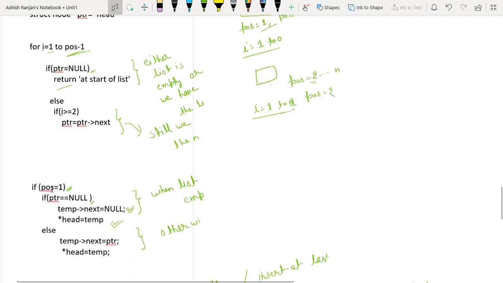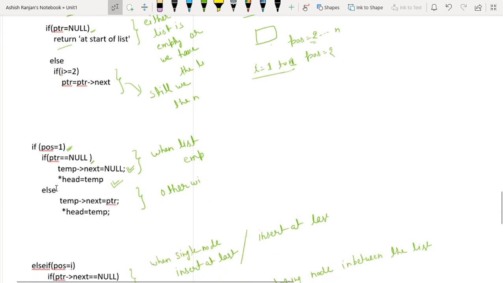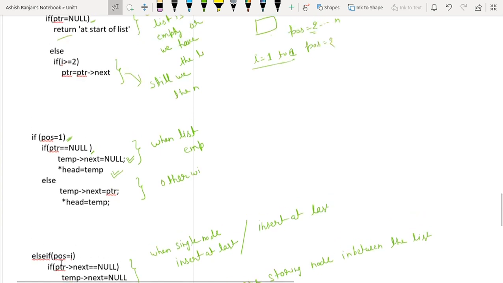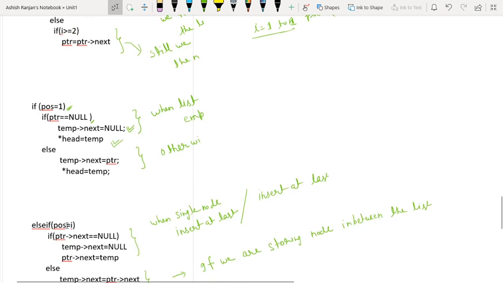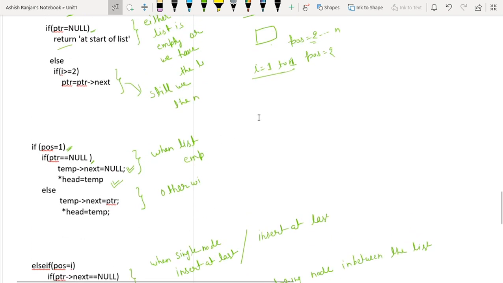So is pos equals to 1? Pos is not 1, so the condition is false, we will come out. If pos is equal to i, pos is also not i, because pos is 2 and i is 1. So this condition is also false.